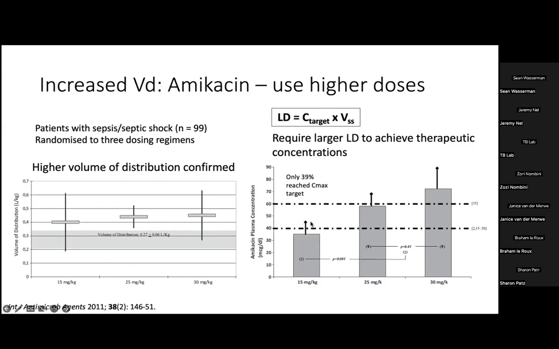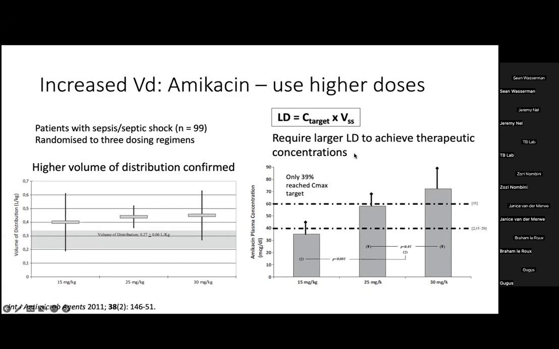And you can see that on the right, at the lower doses, the peak concentrations were much lower compared to the higher doses. In those that received the so-called standard dose of 15 milligrams a kilogram, only 39% reached a Cmax target. And those getting the higher doses clearly achieved the target concentrations much better